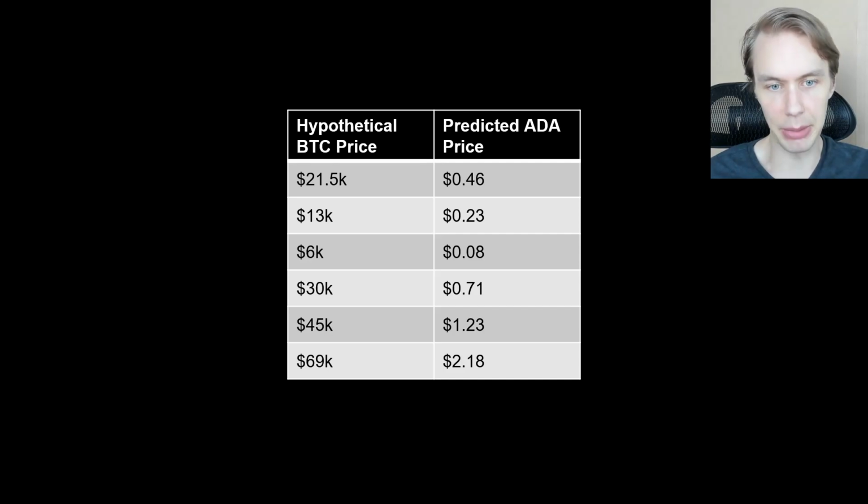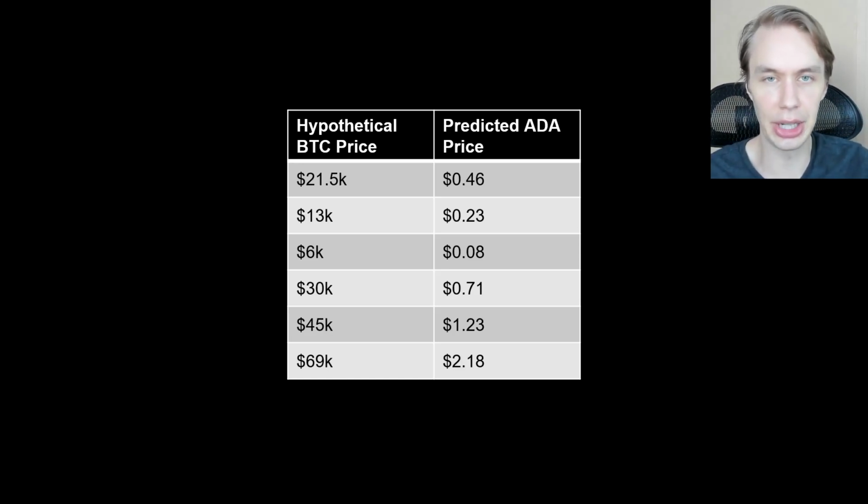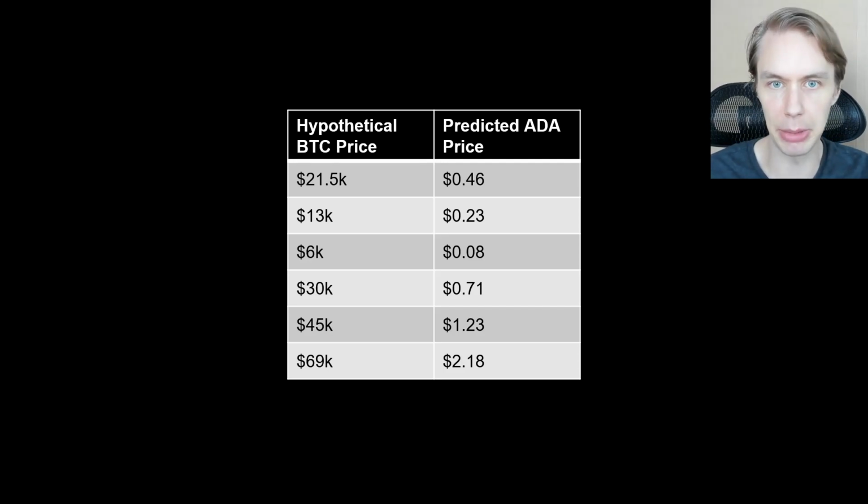Now, one of the things that's interesting, I think, about this last one is that the model would not expect ADA to revisit its all-time high when Bitcoin would be revisiting its all-time high, which is interesting. It's notable. And it might just suggest that really when ADA rallied all the way up to $3, it was on that big hype wave, leading up into the release of smart contracts. And it's not something that maybe would have been expected just purely on its relationship with Bitcoin. So for ADA to reestablish its all-time high, this model thinks that either Bitcoin would have to break its all-time high or ADA might have to have its own bullish catalyst to really send it off to the upside, which is totally possible, right? This is just purely only accounting for Bitcoin's price. This is not accounting for anything about possible bullish catalysts.